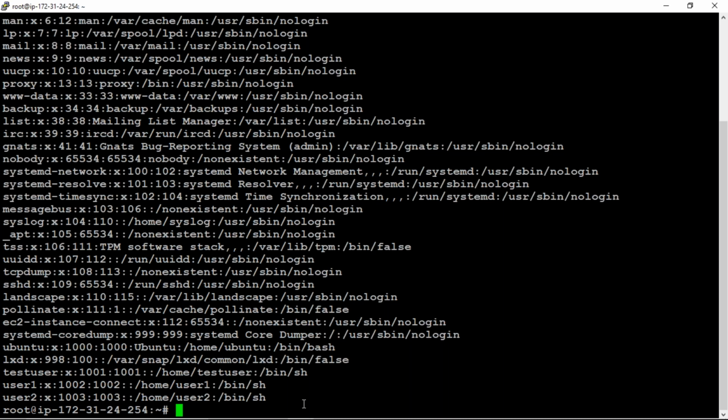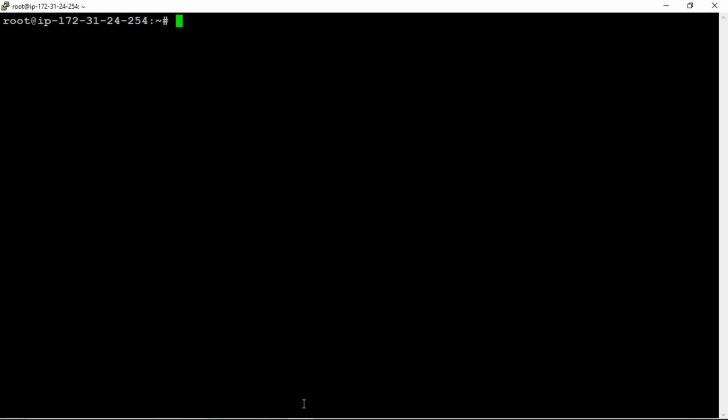So do you know the grep command? Let me clear the screen. By using the grep command, we can print only the particular users or only the particular ones. Okay, now look at the command.